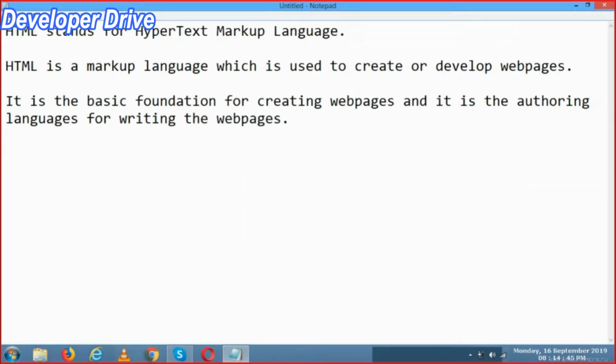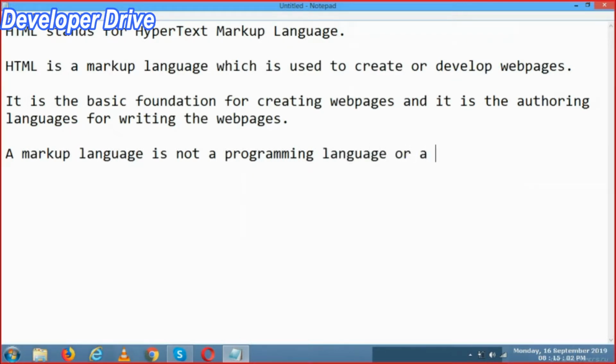So coming to markup language, a markup language is not a programming language. It is not a programming or a scripting language. HTML is just a markup language. So what is a markup language? A markup language